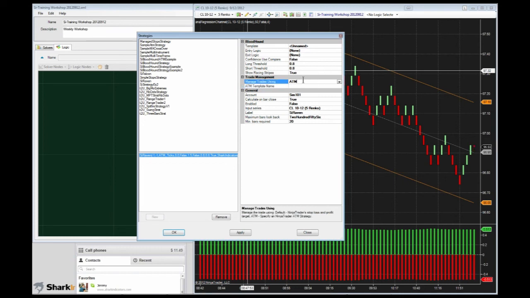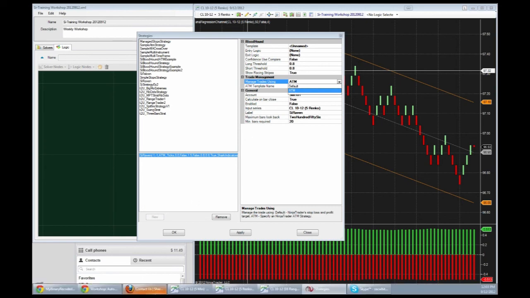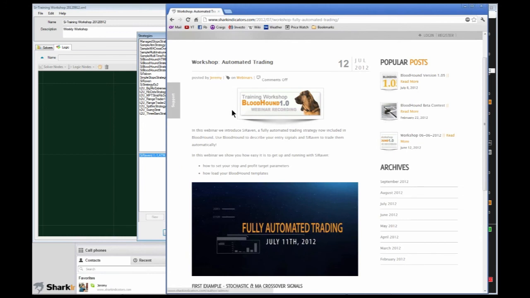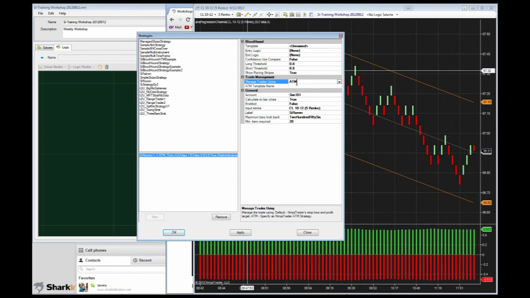So this is one of the new additions to Raven that you won't see in that workshop that I just showed you. The workshop here for Raven will show you everything but using the ATM, because at that time it didn't have the ATM implemented yet. So